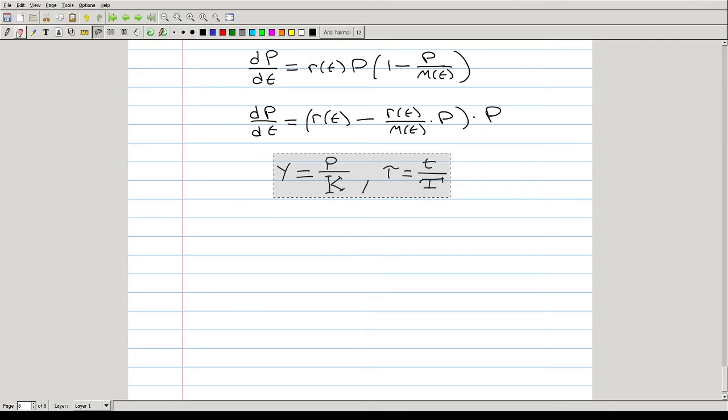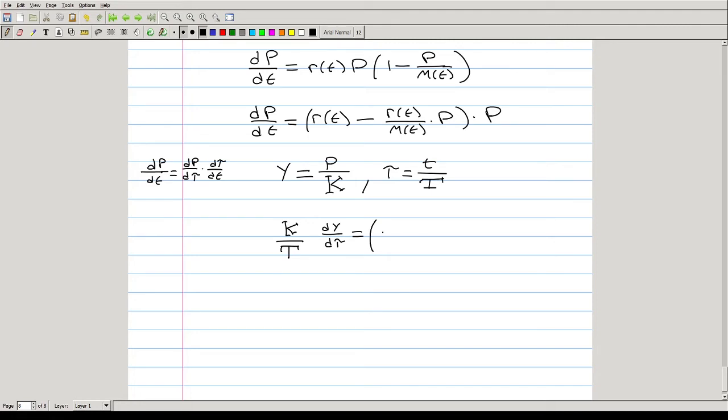So when we non-dimensionalize, the t derivative of any function, specifically of p here, is the derivative of p with respect to tau multiplied by the derivative of tau with respect to t from the chain rule, and the derivative of tau with respect to t is 1 over capital T. Plugging in our non-dimensionalized variables, p is y times K, so you get K over T times dy d tau